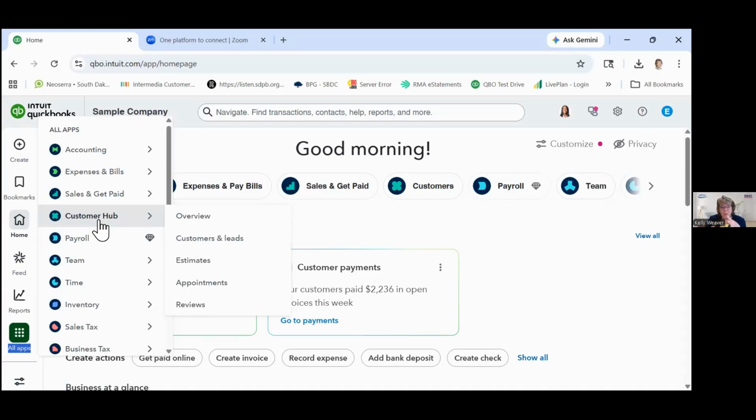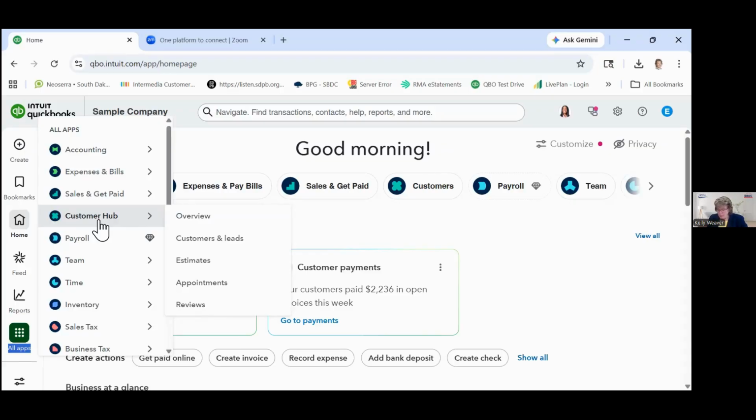And the nice thing about the apps that are presented here is they're ones that have been vetted to work well with QuickBooks. Sometimes third-party apps say they integrate with QuickBooks, but they may not integrate well. These apps have been vetted and worked through the process with QuickBooks, so it should be a seamless process. A lot of them are still offered by third-party vendors, but they have coordinated with QuickBooks in the process. So that's another way to extend the value of this basic financial software. Also, a lot of your payment platforms like Shopify, or I'm trying to think of a few others, they have pretty standard integrations with QuickBooks as well.